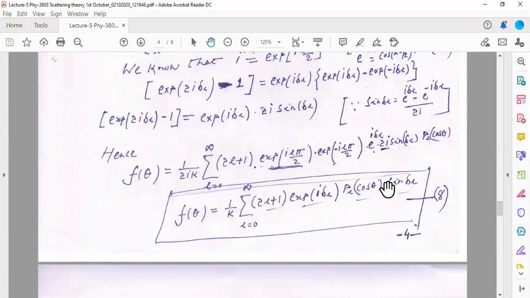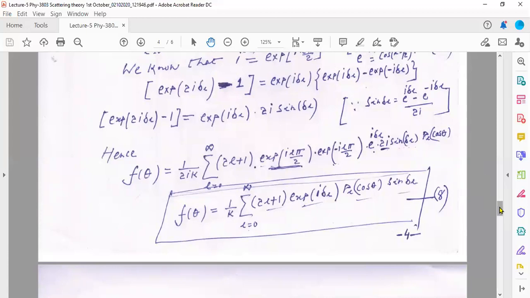So this is basically the relation for the scattering amplitude, which is calculated in terms of phase shift. So we can calculate scattering amplitude for S wave. We can calculate scattering amplitude for P wave like that. Please remember, we have calculated the expression of f theta. So today we have calculated the relation of f theta.